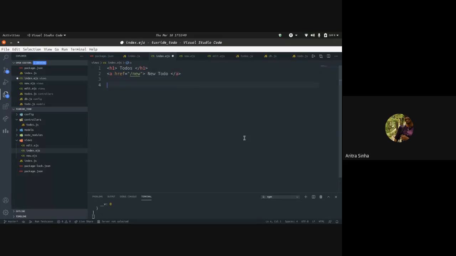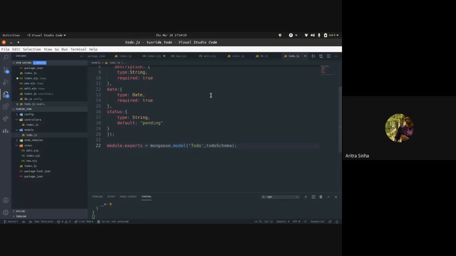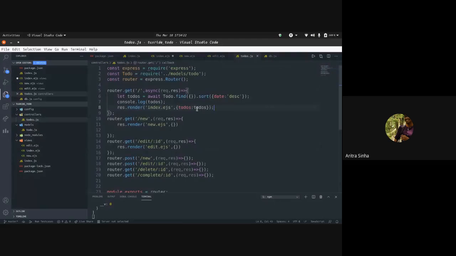Cool. Now after that, we add a few break statements to separate them. Now this is where the template part starts. When you write a template in EJS, it starts something like this. You have to write it like this. So basically, if you want to print something, I'll just show you. Inside this, it will be basic JavaScript that you write. So we fetched the to dos, right, from a list of to dos. While rendering the index page, we added these to dos, right?